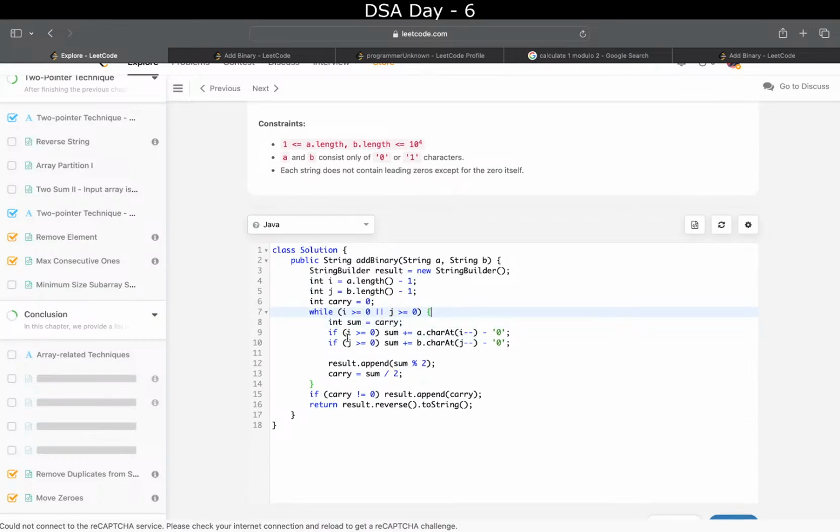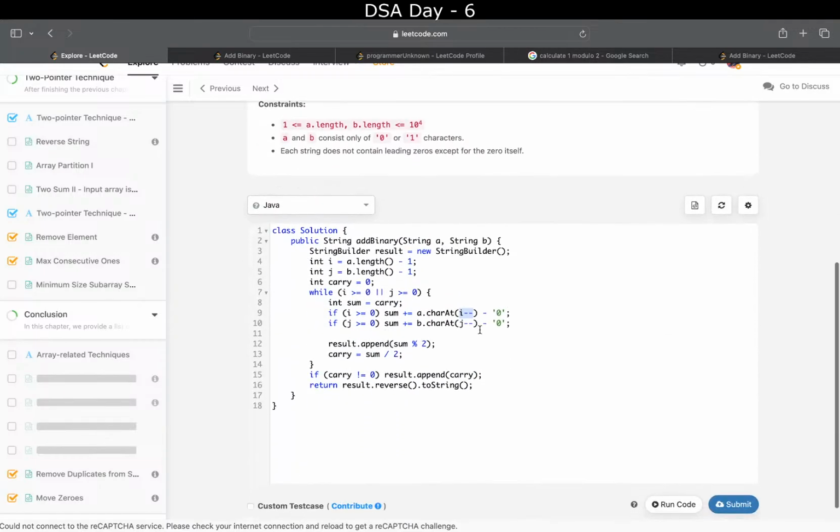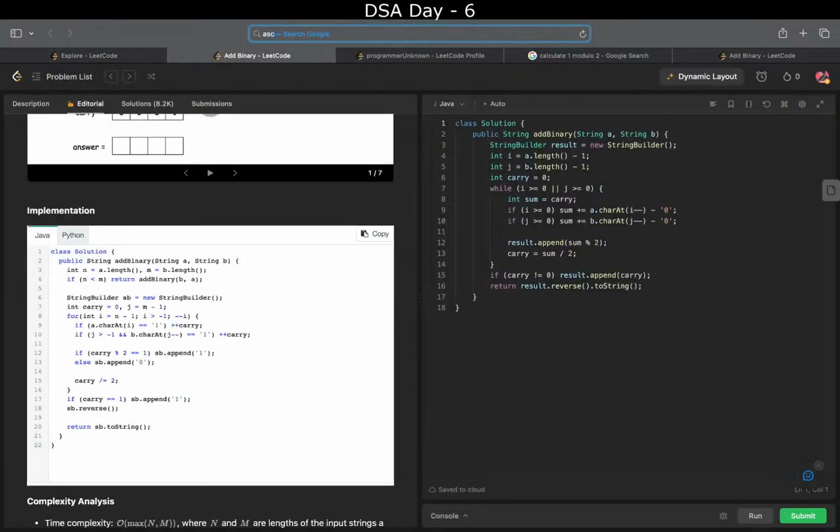Then I took a sum which I initialized with carry, because carry can be 0 or 1 and that needs to be added to the sum. Now if i is greater than or equal to 0, I took the character at the pointer i, and since I'm taking it from the end, I decremented it. So I took a.charAt(i) and subtracted '0'. This I did to convert the character into a number. If I just show you the ASCII table,